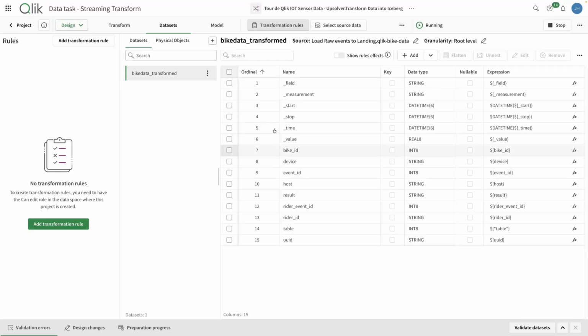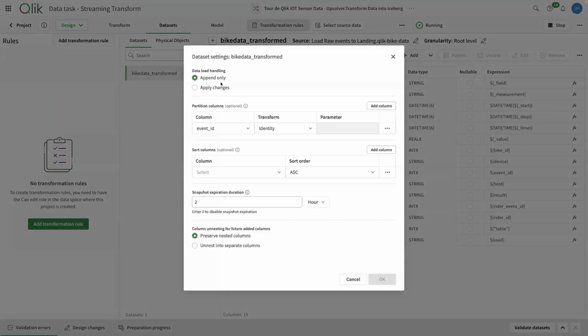Yeah, exactly. Those are just a few basic transformations, but there's a ton of power here in how you can transform this data. The other thing I want to show, I glazed over partitioning earlier, but partitioning within Iceberg is the best way at scale to improve performance of an Iceberg table. A default partitioning mechanism is by date, but in this example, it made sense to partition by the event. Most of the time you analyze the leaderboard, you're only analyzing it within the particular event that you currently ride the bike on. That makes sense. And that'll just make everything more efficient downstream.